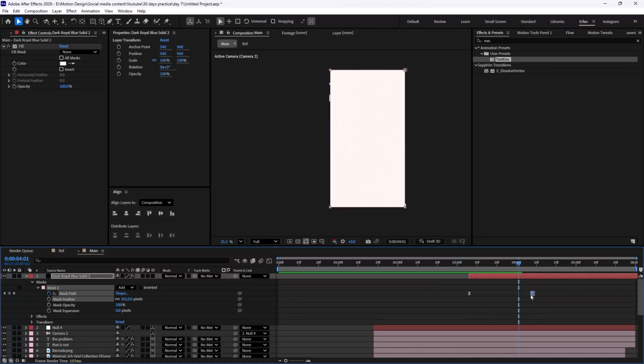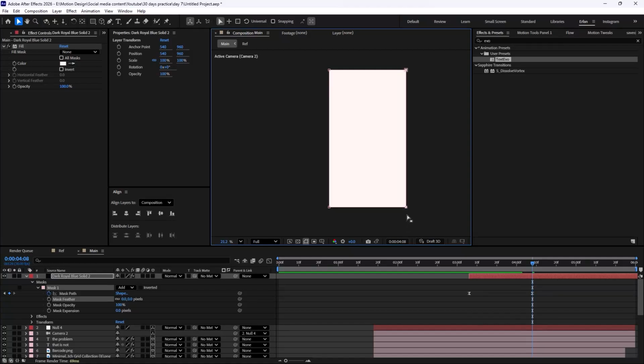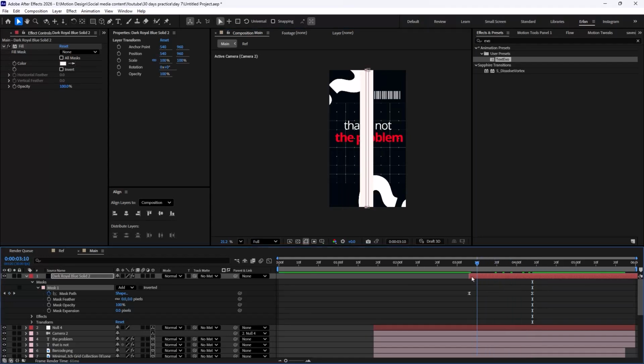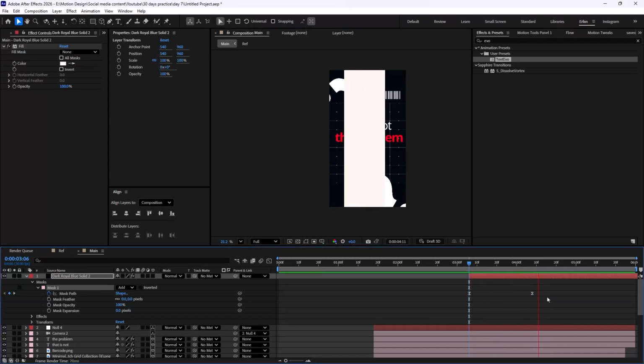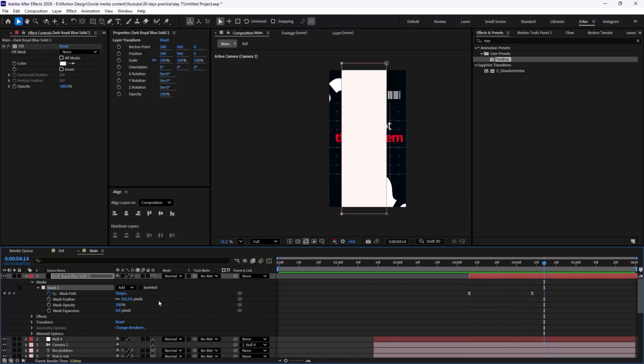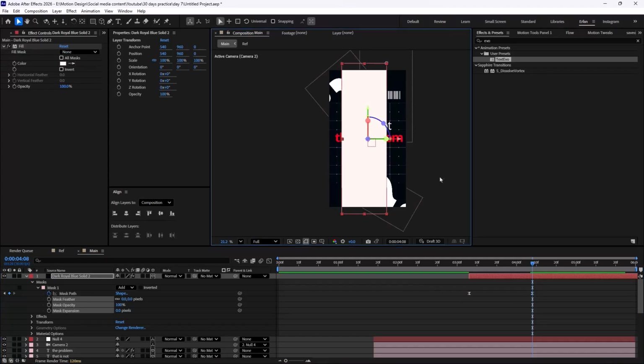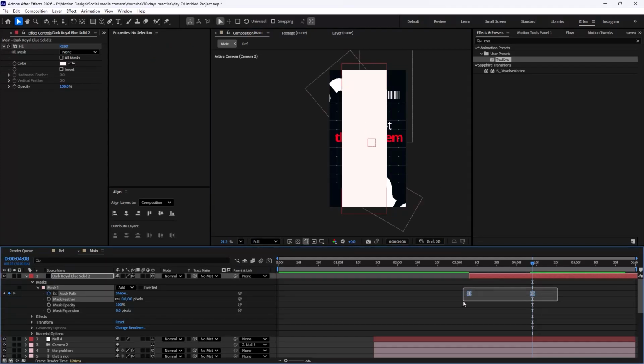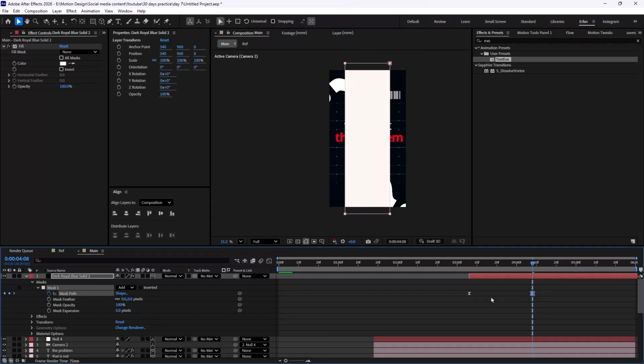Okay, that is good, but I don't want to reveal it entirely now. So I'm just going to set it like this. Also, let's just set it on 3D because we want to add a bit of camera animation. Okay, this is good. Let's just make sure that this is on center.